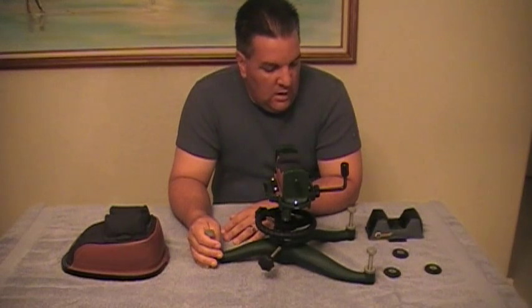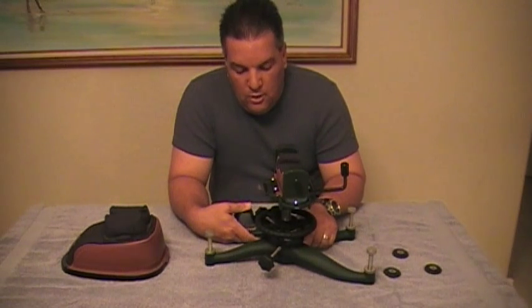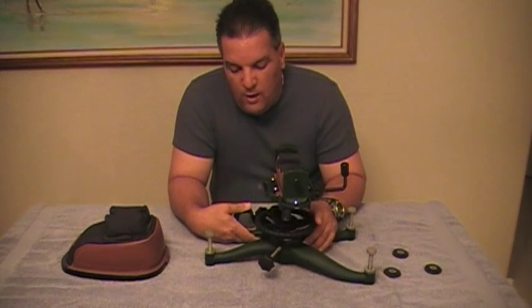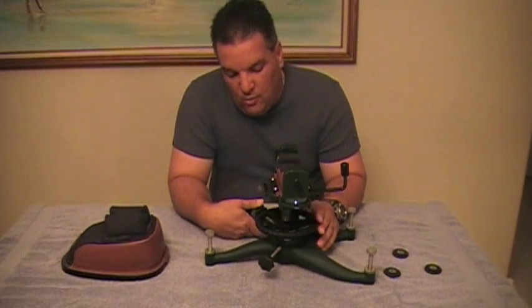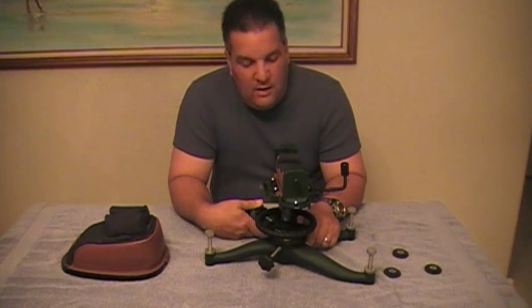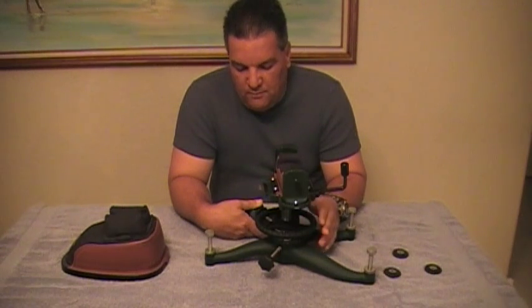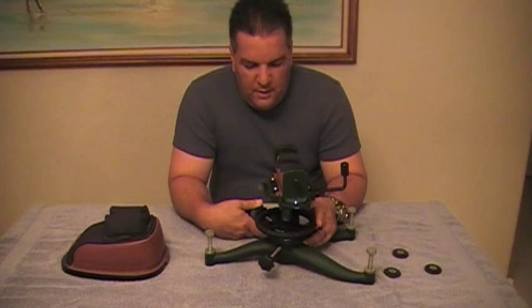I just want to show you real quick, when you purchase this rest, this is the Caldwell BR 1000 front rest from Caldwell. I purchased it at Midway. I think for the money it's the best option and the most economical. I mean, they have front rests out there that you can spend anywhere up to like $500 or more. This one is not that expensive. I can't remember right now exactly how much I paid for it, but it's a very